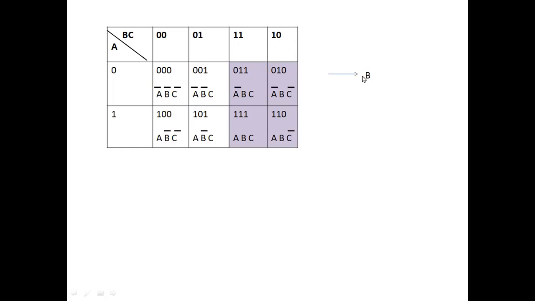So it is B. As I have taken only SOP form, 1 is represented with a true value, 0 with its complement. Next, if you fold and group these two columns, then the common term is 0 for C. 0 for C is C bar. Or the entire row can be selected. If the entire row is selected, the row value is 0 for A, which is A complement. The entire row, that is A equal to 1, got selected or grouped. In that case, the row value itself is the solution, that is A.